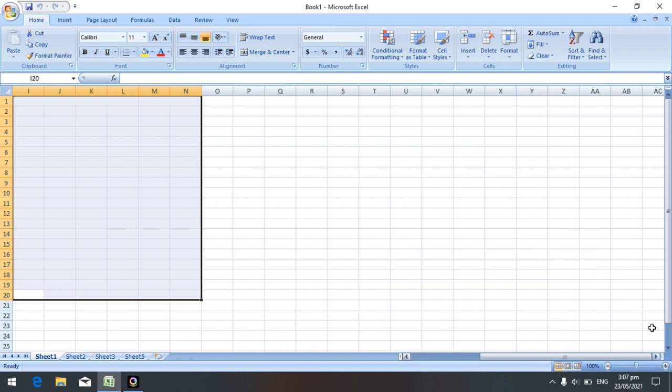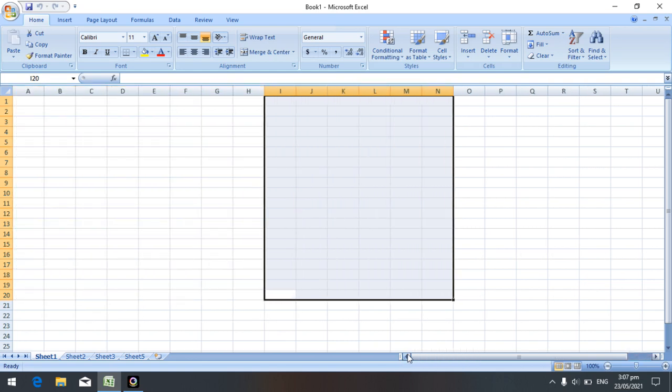After Z, the columns will be AA, AB, AC, the same way to AZ. Next it continues to BA up to BZ. The last column will be XFD, that is 16,384 columns. This is a 2 marks question.